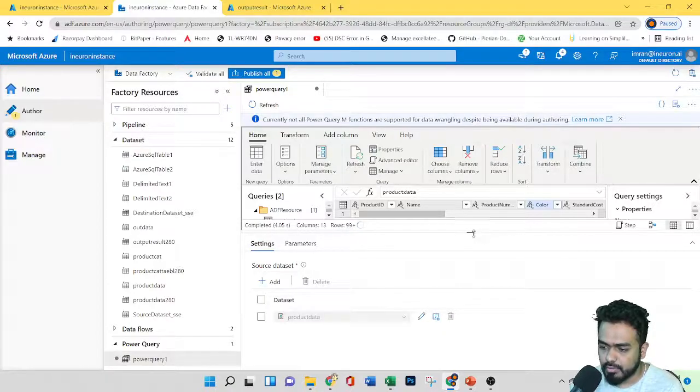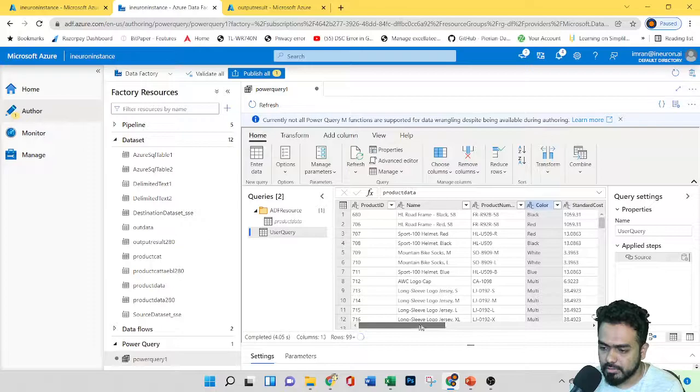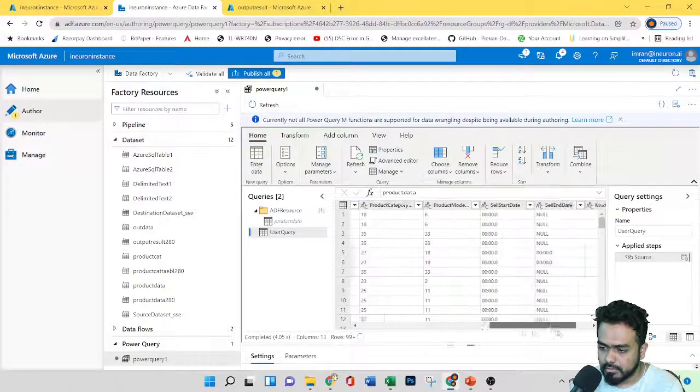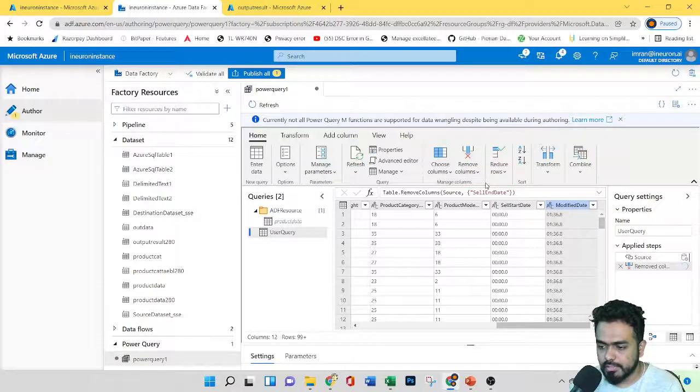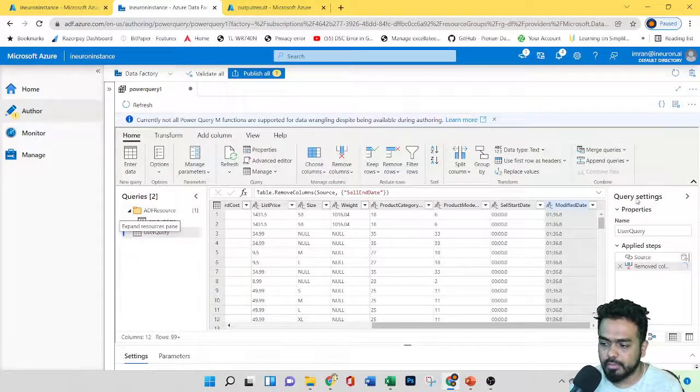If I select remove column, as soon as I click onto this, you can see all the applied steps here. All the transformations you are performing, you'll be able to see everything here under the query settings. Now I've just removed a certain column, and I'm able to see whatever column I've removed.